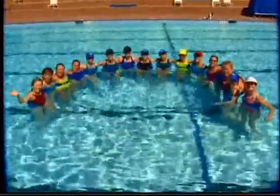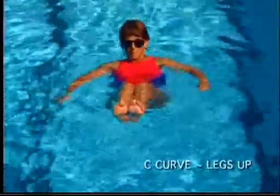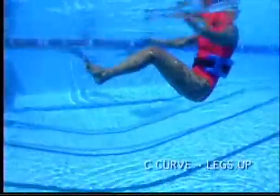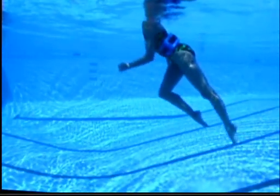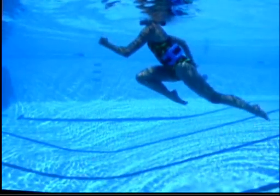Now let's introduce you to our water gym team. You've already met Karen. She's the one in the bright pink bathing suit who demonstrated some of our basic moves. And then there's me in the green suit. I show up once in a while when I'm not making sure everyone's toes are pointed. Karen and I will be demonstrating the beginning version of each exercise shown in slow motion to articulate the details